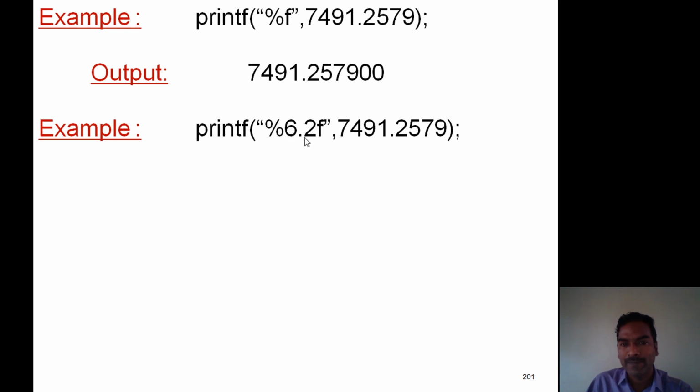Now this one is important. After the decimal point, here we consider 2 precision points. Now observe, after the decimal point, the 2 precision points are 2, 5. When this format is applied, it checks whether the third precision point is greater than or equal to 5. It is greater than or equivalent to 5, hence 1 is added to the previous precision point. Now the result becomes 7491.26, since the value is rounded to P decimal places.